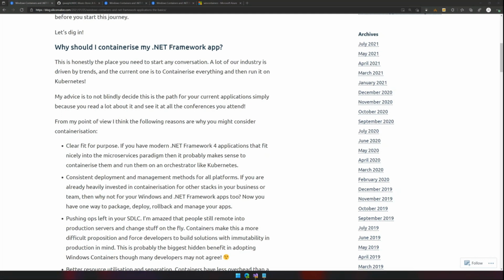And for me, when I look at reasons why I would host using Kubernetes, and using .NET Framework apps on Windows Server on Kubernetes in particular, really the only reason I would see that you would do this is that you've already, as an organization or as a team, committed to running your application stacks on a consistent platform which consists of Kubernetes as the underlying hosting environment. So that's going to be your container orchestrator.